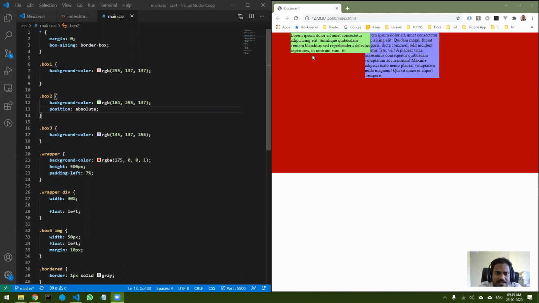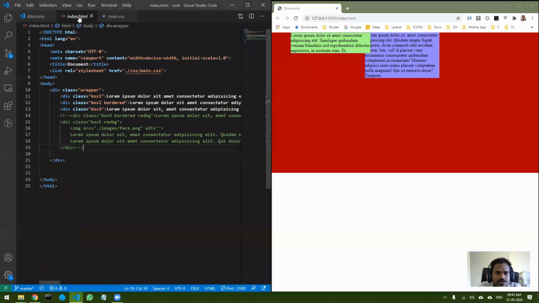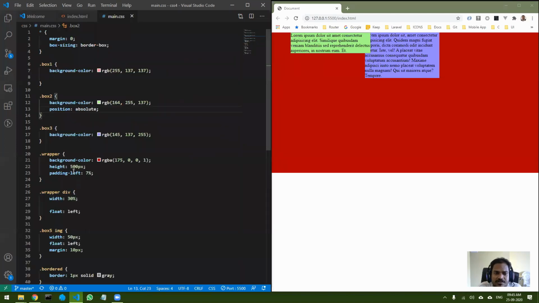Let's suppose I want to position this based on the wrapper. Where is my wrapper? My wrapper is starting at this particular edge, this particular location, right? So I want to position this particular element with respect to that.